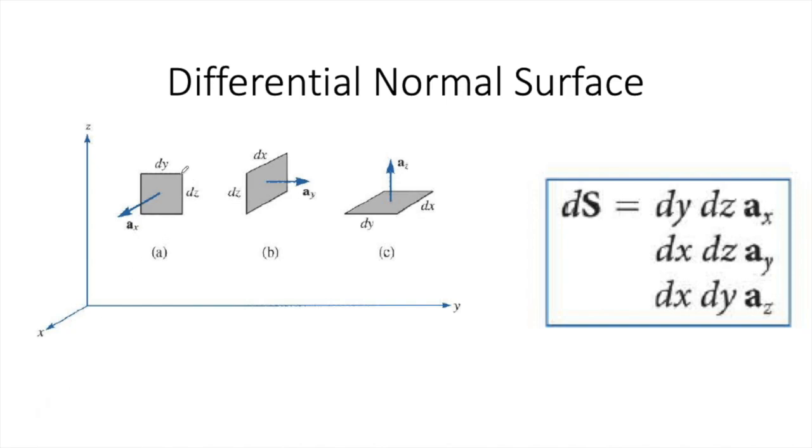So this one is again A, B, C, D only. If you see here, this dy dz will give us the magnitude, and this ax is going to give us the direction of the surface. Now always we have to remember that the surface is directed away from the volume.